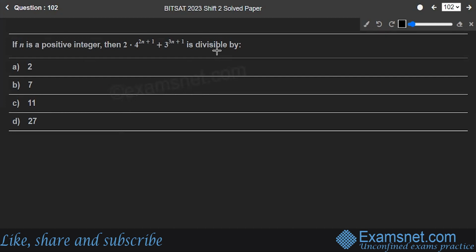Let's move to the next question, number 102. If n is a positive integer, then 2 into 4 power 2n plus 1 plus 3 into 3 power 3n plus 1 is divisible by what? Okay, so let's say this is Pn. So Pn is given by 2 into 4 power 2n plus 1 plus 3 into 3 power 3n plus 1. So I'm using the method of induction over here. Let's say P1. P1 is equal to 2 into 4 power 3 plus 3 power 4, which is equal to 209, which is divisible by